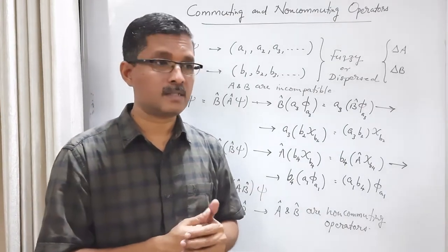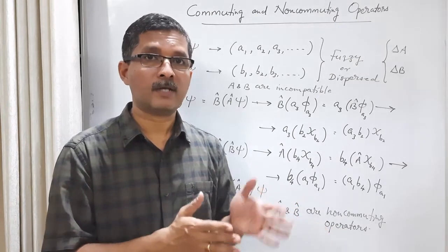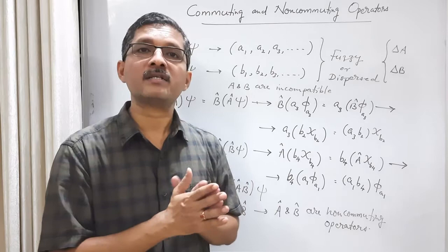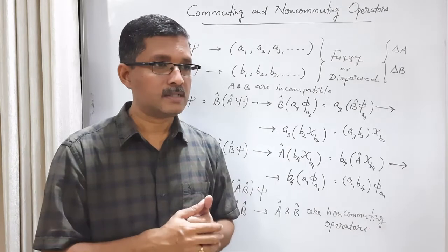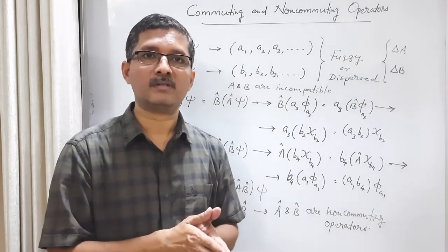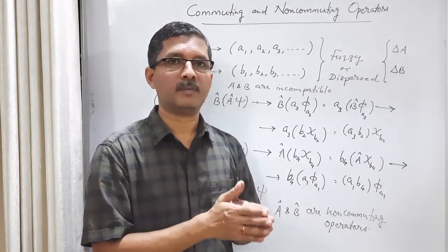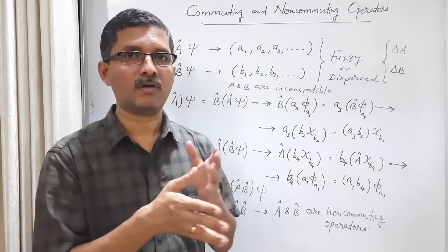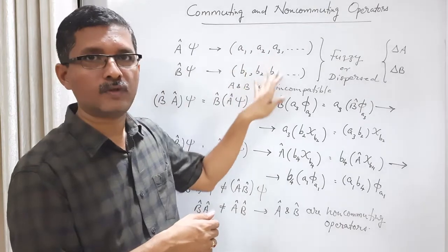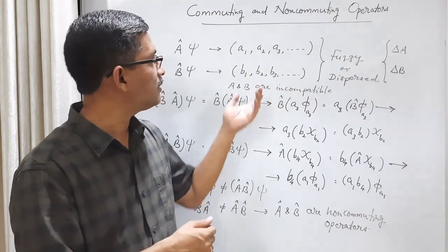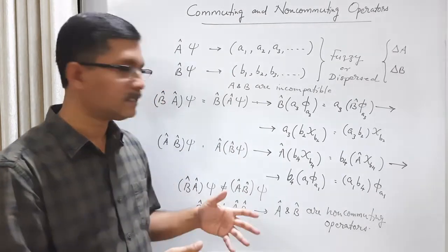state of hydrogen atom and consider the operators position and linear momentum of electron. Stationary state of hydrogen atom labeled in terms of n, l, m_l and m_s. This is not an eigenstate of either position operator or linear momentum operator. So when we measure position and linear momentum of electron in these stationary states, we will get things like this. Both will be dispersed or fuzzy, and they are incompatible operators, position and linear momentum operators. So that is one example.